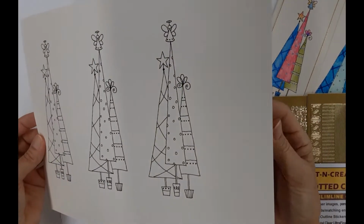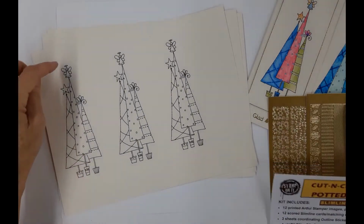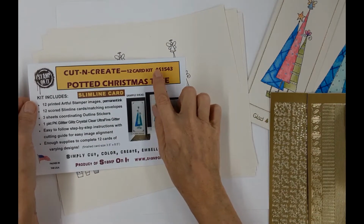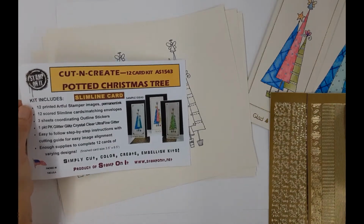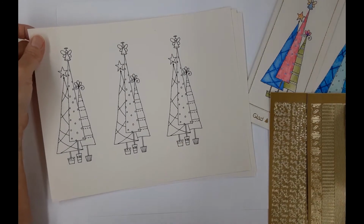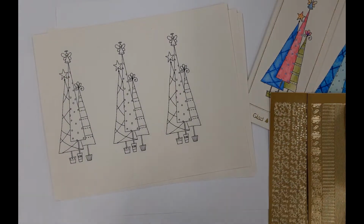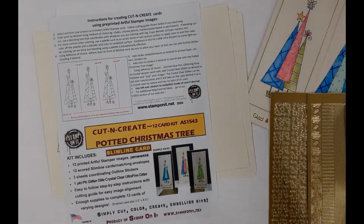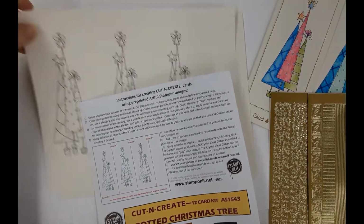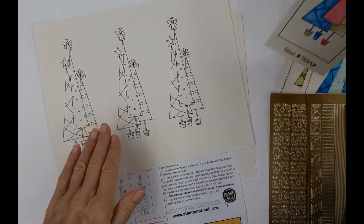So in this kit, you have 4 sheets of print. This is on 80-pound ultra smooth cream cardstock. And this particular kit is using our Artful Stamper AS 1543 design. So they are on your cardstock already, permanent print, so you can do some light watercoloring, you can do blending, things like that to color these. And in your instructions, which we always have in the kits, on this particular kit is a diagram showing you where to cut these so that you come out with 12 layers for the front of